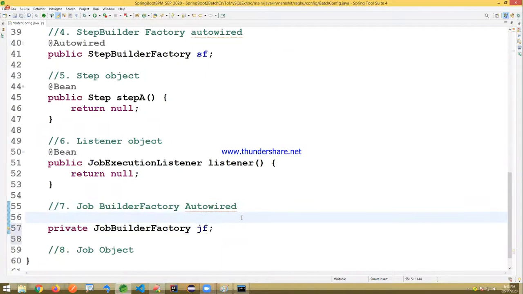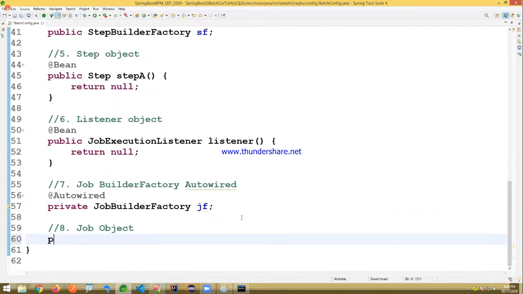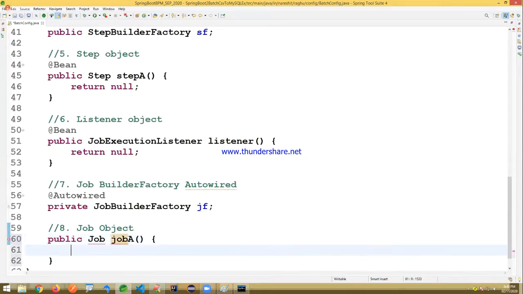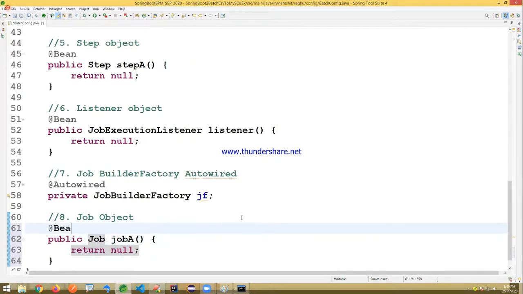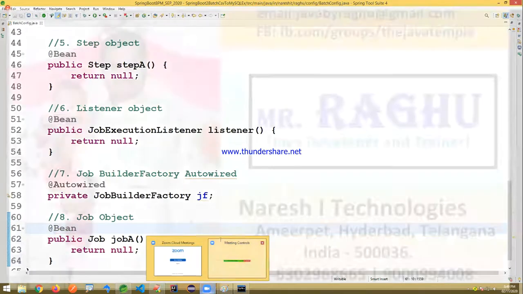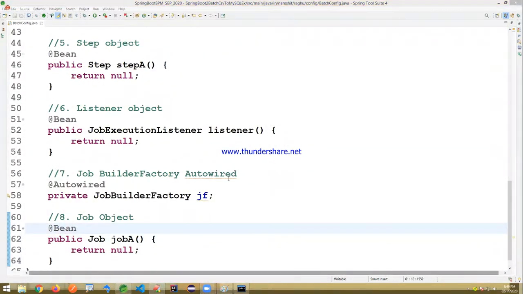There I'm writing @autowired. And finally, job object we have to create. And @bean. Okay, this is simple flow. Already you wrote multiple some dummy examples over the same process here.